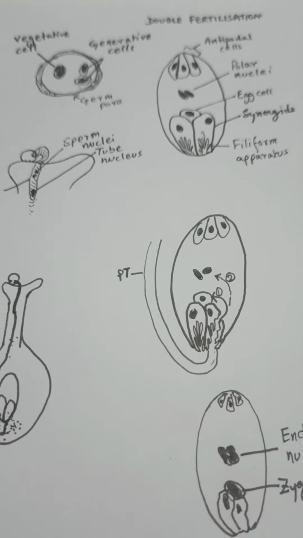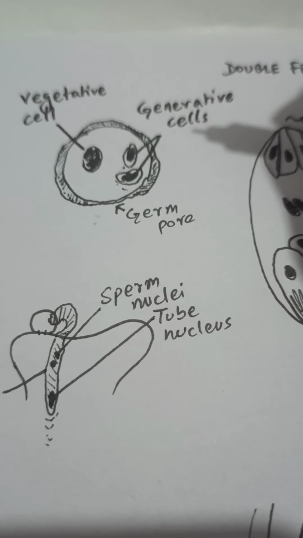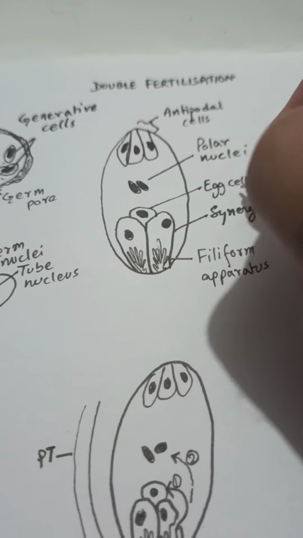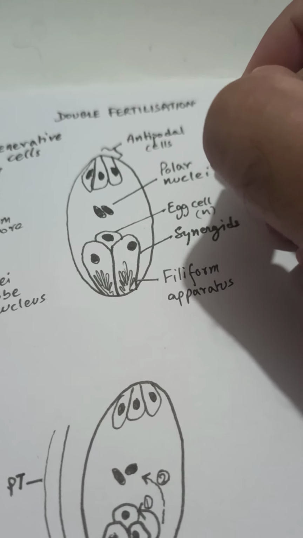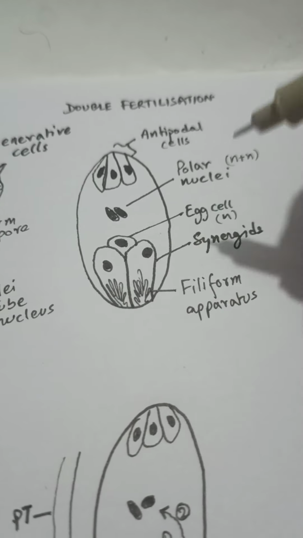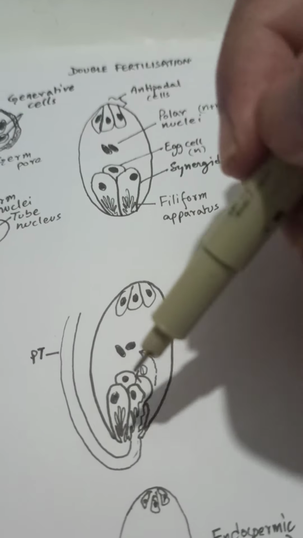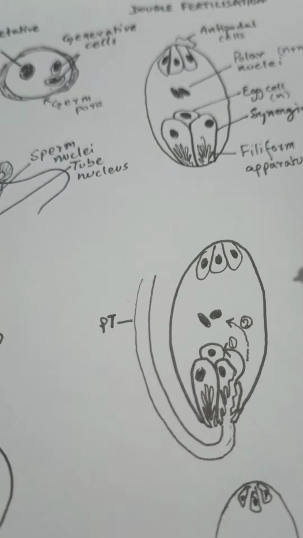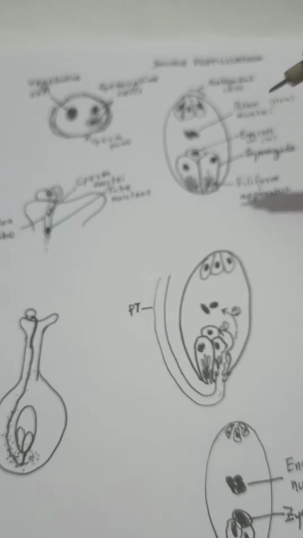Now I must say that for this process, yes, two sperm nuclei are required. I did not mention it here, but I guess you remember that every single one of them is haploid in nature. It is the polar nuclei which is not fused, so it is n plus n that we find there. But at the time of the triple fusion step, the polar nuclei will fuse together, then the second sperm nucleus will come and fuse with it. All this is very common in the majority of plants.